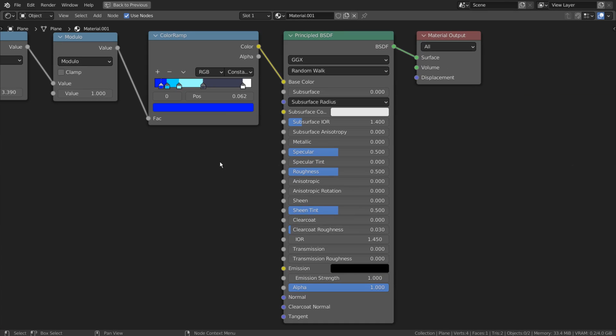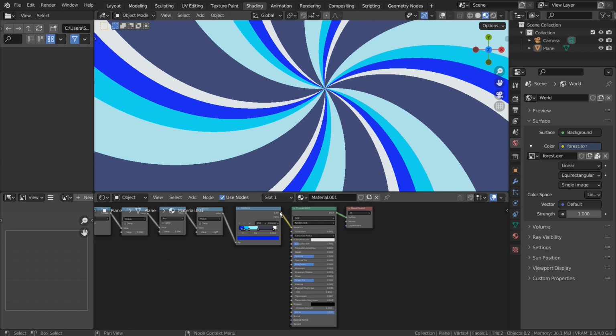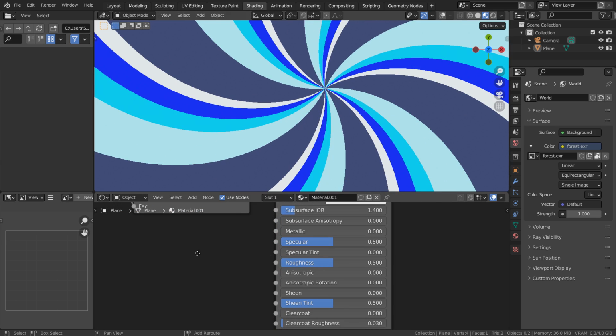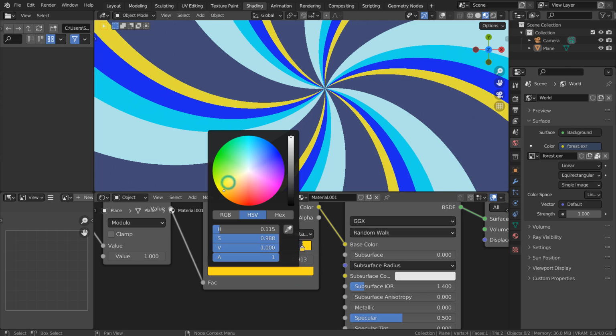I'm using a color ramp node to add multiple colors to the swirling pattern. We can freely change the colors like this.